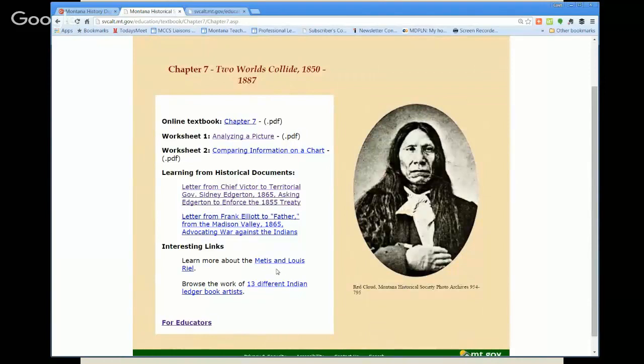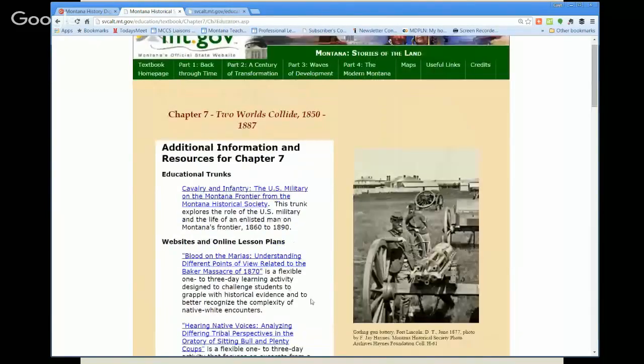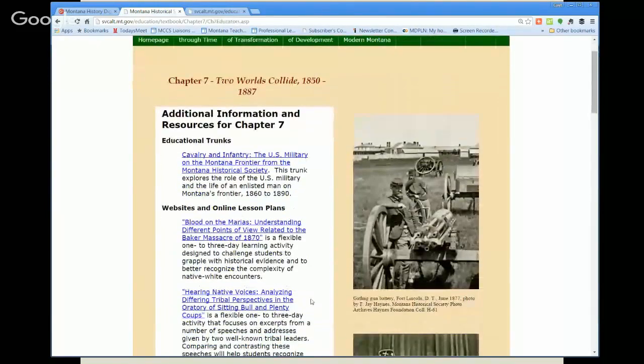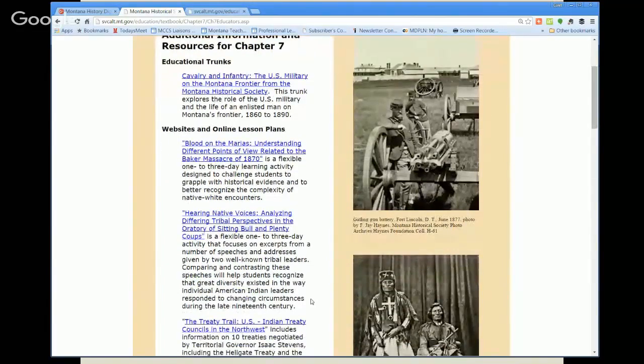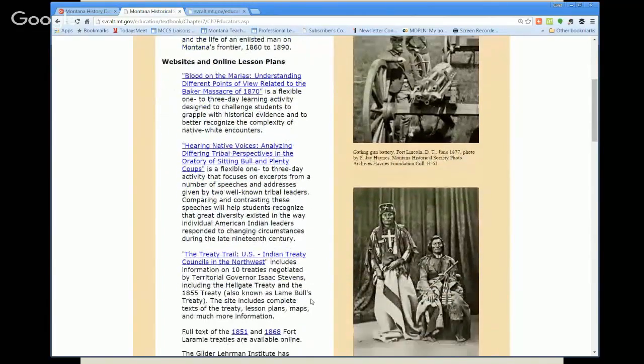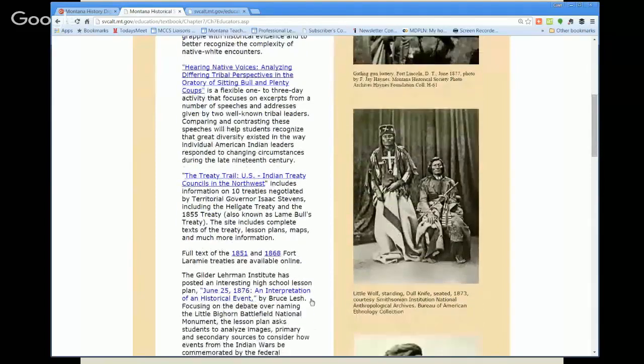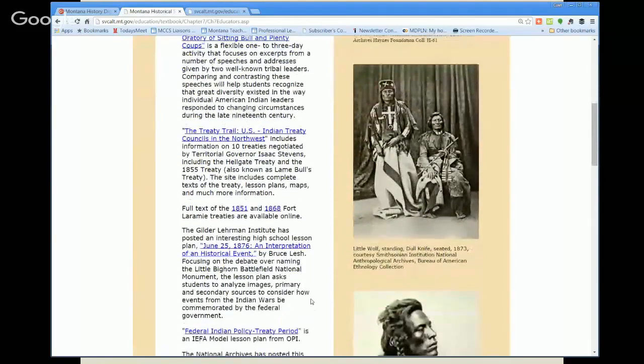And then the gold mine is under for educators. This is lesson plans. It is additional information. You can see we linked to a footlocker that we talked about during week one. Some lesson plans we've created, information on treaties, lesson plans other people have created, just a whole variety of